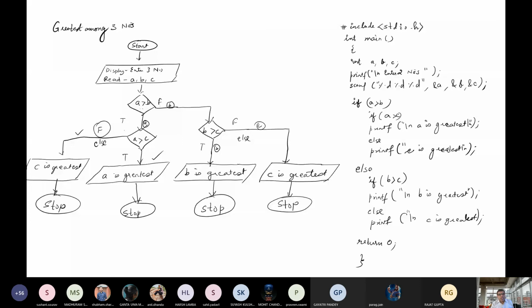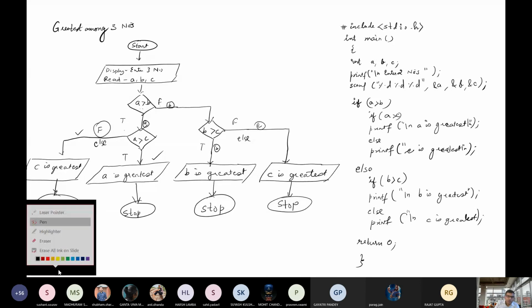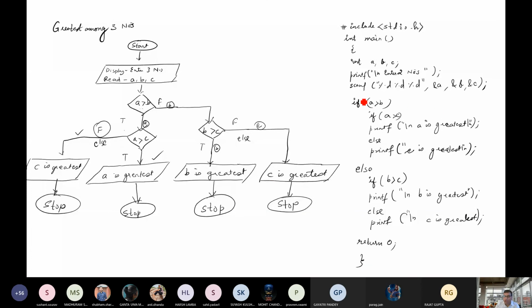Yes, we can nest this statement also, but whatever diagram I had created, according to that diagram this program is written correctly. Otherwise, you can also write if A is greater than B and A is greater than C. This means both the conditions are there and it is equivalent to 2 ifs.